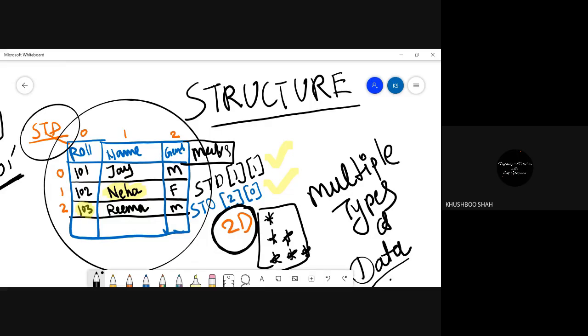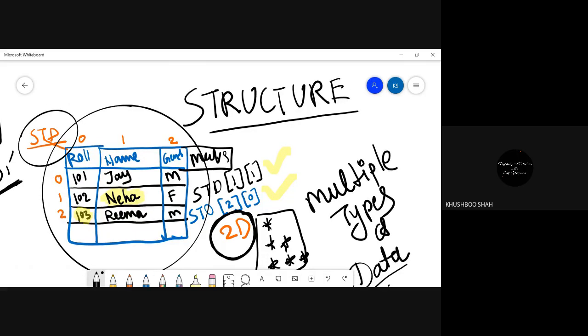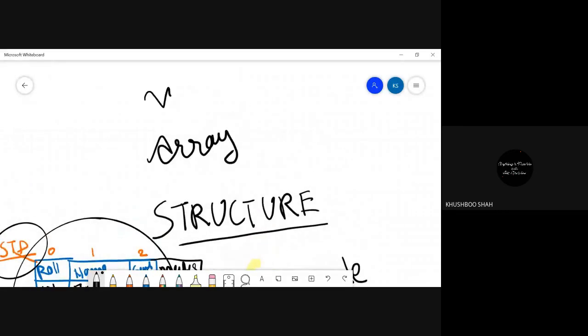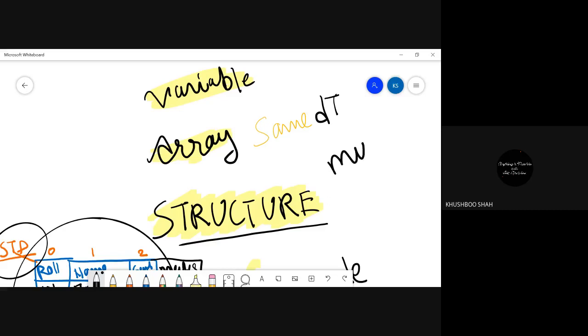So array we know, right? Single variable we know. If it's a single variable, I can store single values. If it's an array, I can store multiple values, but of the same data type, right? But if I use the structure, I can store multiple data types.